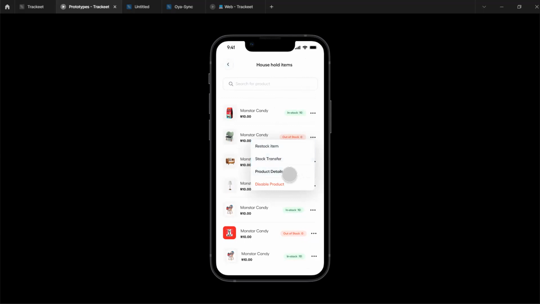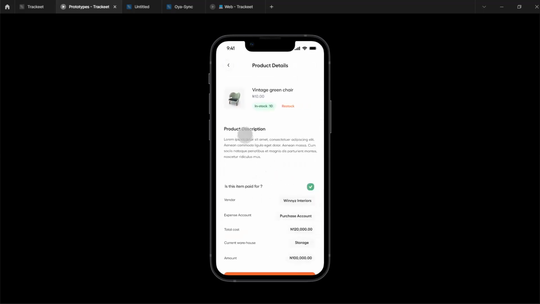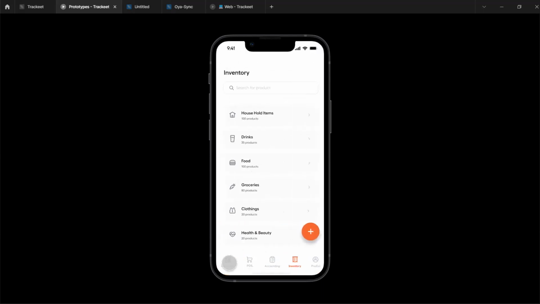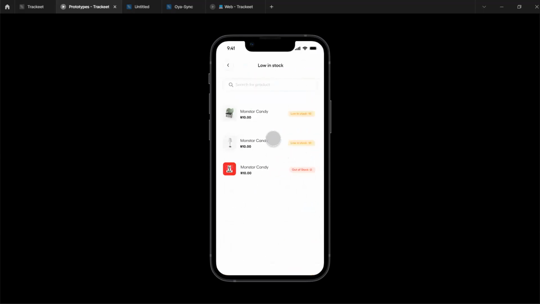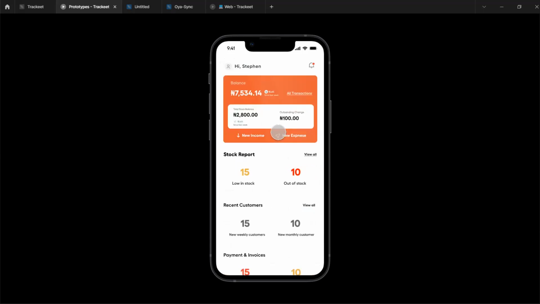Then where does this one come in now? Then we also have the reports. Okay. So yeah, continue. So product reports. Let me go to the product report. It shows you when a stock is out or